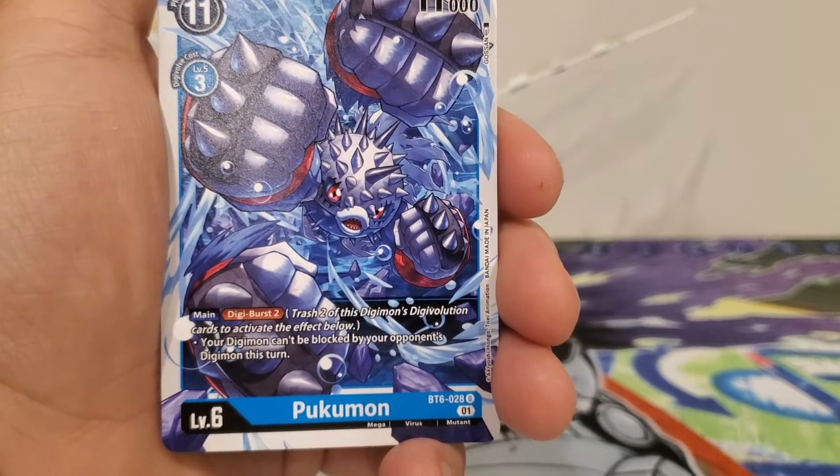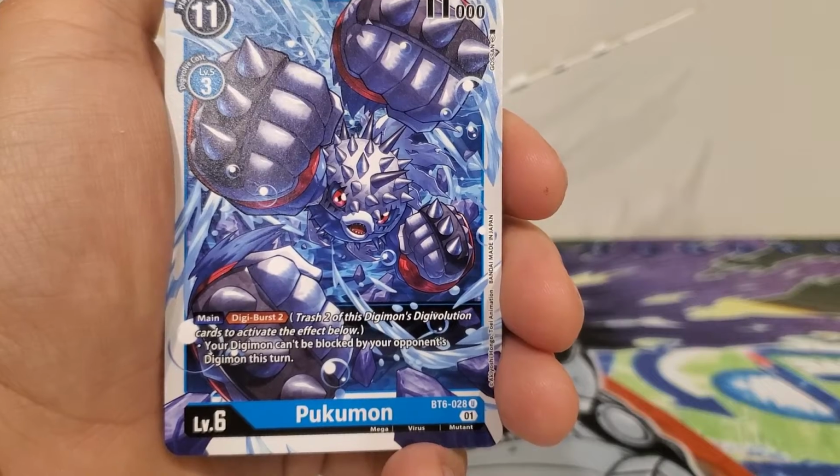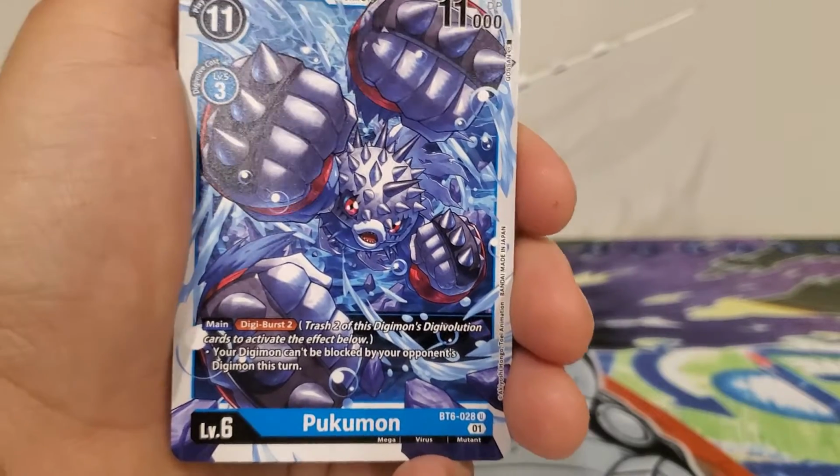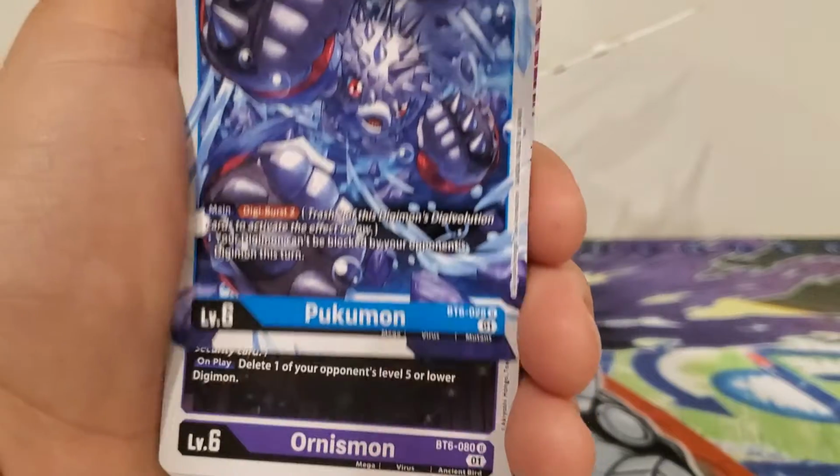Rebelmon, where it's you discard 1 and then he gets blocker. This one would be able to let you bypass it because he couldn't stop it because he can't be blocked. So very neat. Next up,